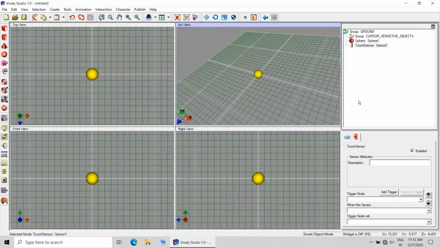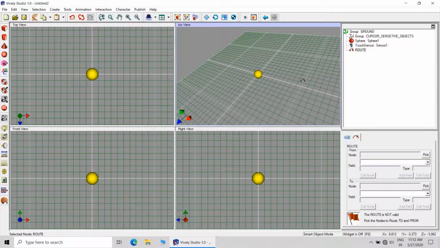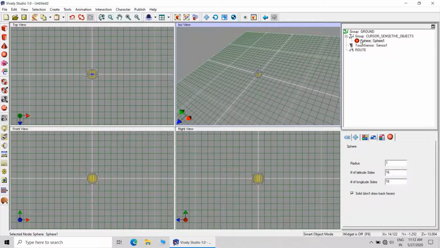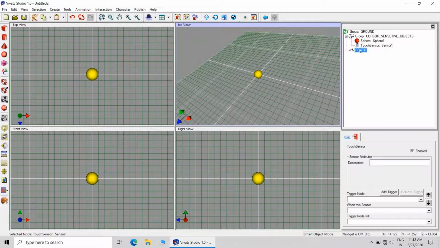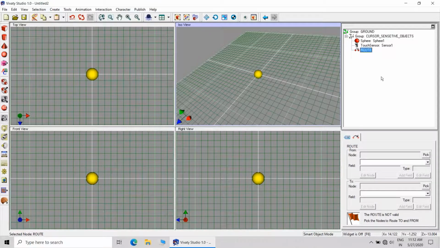Then create the touch sensor from the interaction, and I will be adding one route. The route will be from touch sensor to the sphere, but before that, bring all the three elements inside the group.